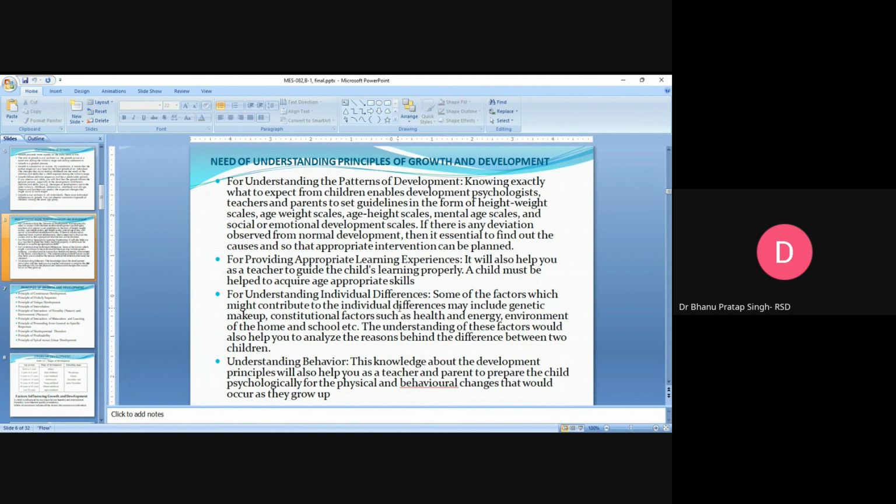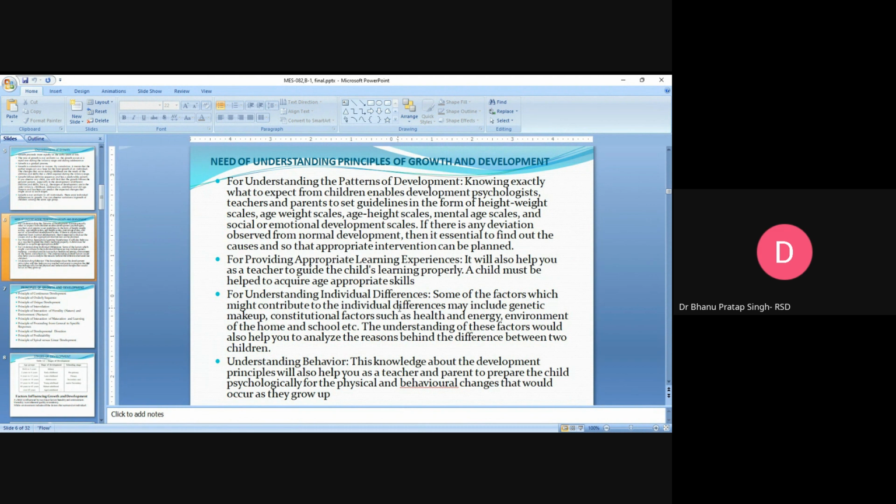For understanding individual differences, yes, it is also important because individual differences are to be understood by the teacher. Some of the factors which might contribute to individual differences may include genetic makeup, constitutional factors such as health and energy, and the environment of the home and school, etc. Understanding of these factors, that may be the environment, the health, the kind of living area where the child is living,